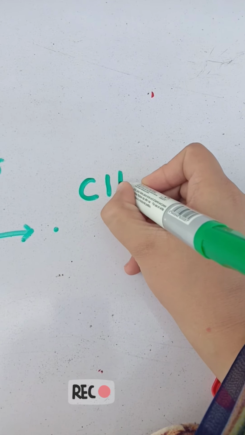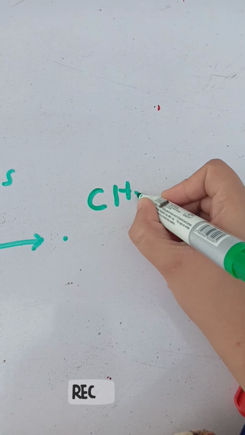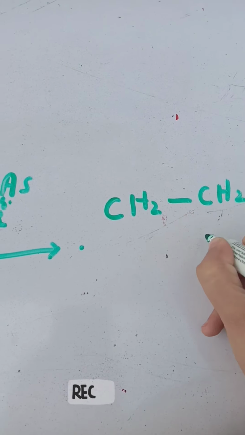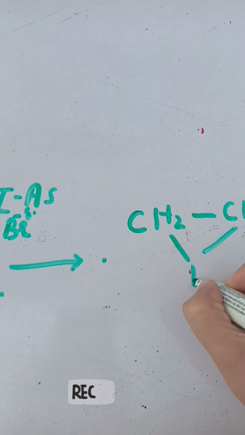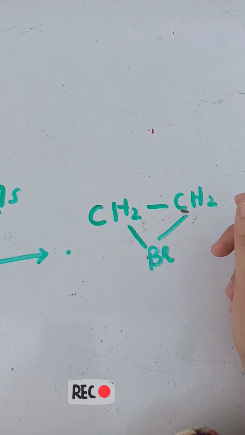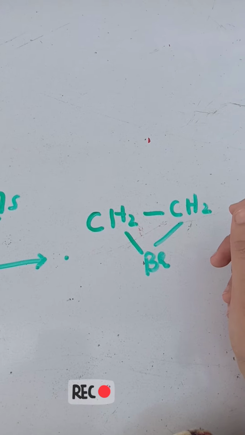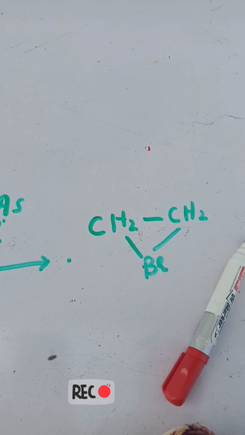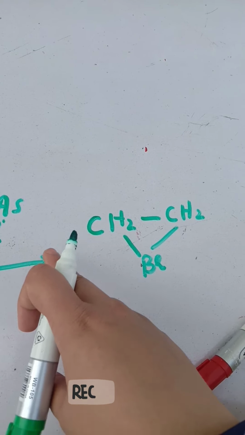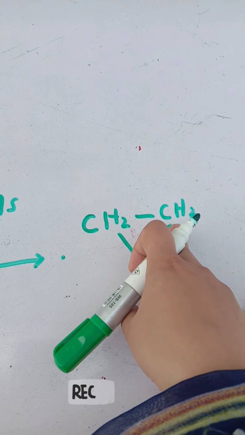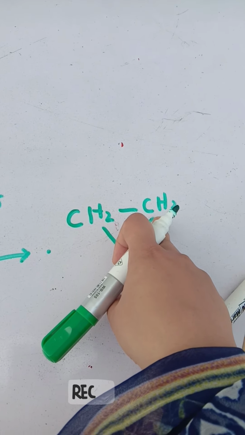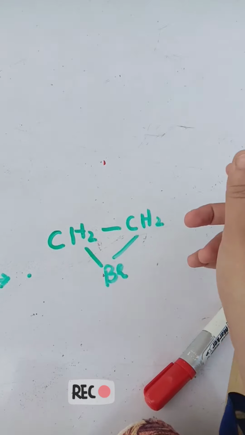I'll again draw 2 carbon atoms having the 2 hydrogen atoms and another carbon atom with the 2 hydrogen atoms, and a bromine is attached centrally. So that is why it is known as cyclic bromoethane. Next, as I said, the negative bromine will attack this carbon atom, and so that is why dibromoethane is produced. So how is the dibromoethane produced?